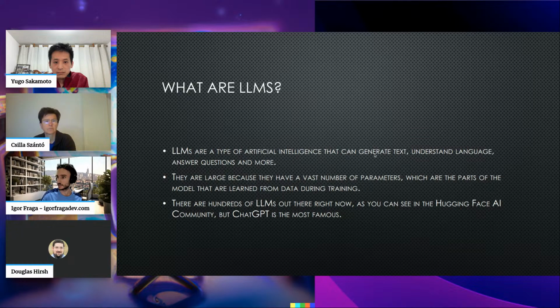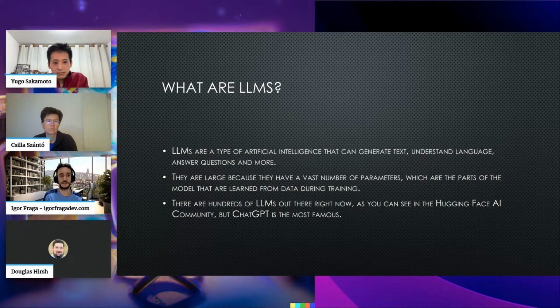This generates text, images, files, videos. This can generate anything. LLMs are a type of artificial intelligence that can generate text, understand language, answer questions, and more. That's why you can even talk with ChatGPT, because of this transformer technology.